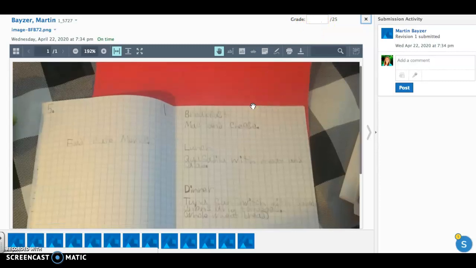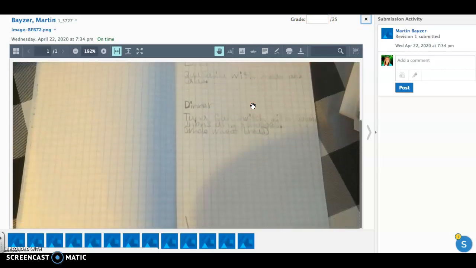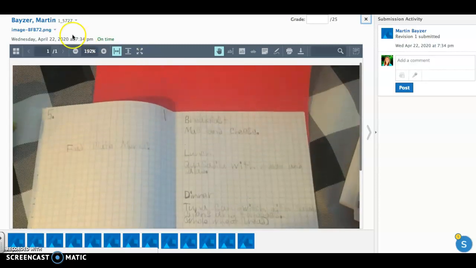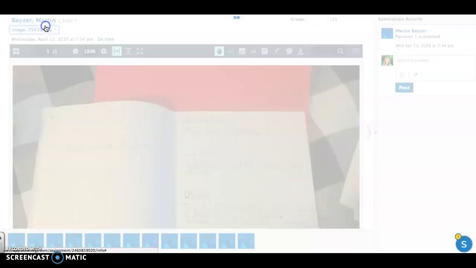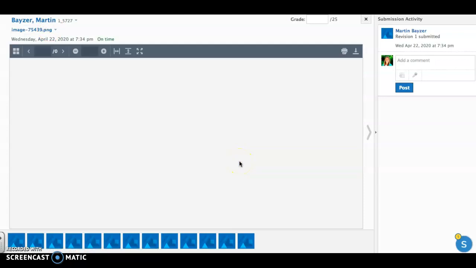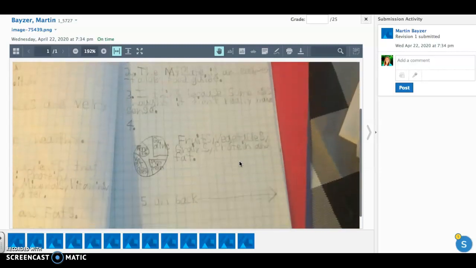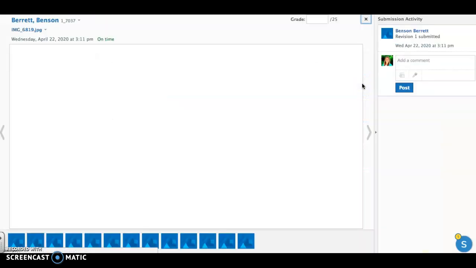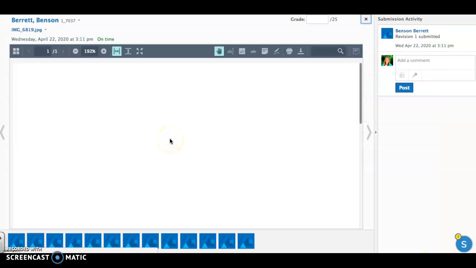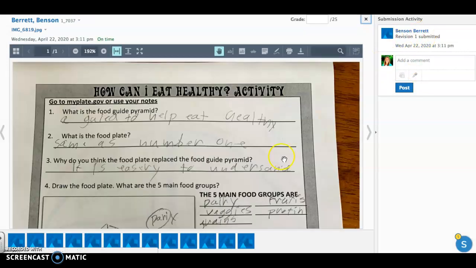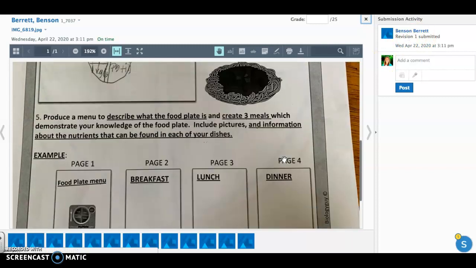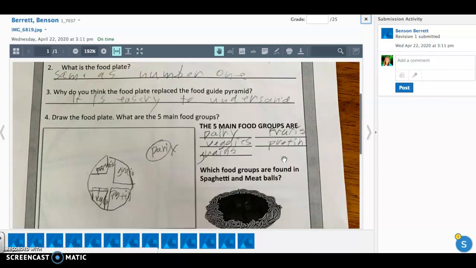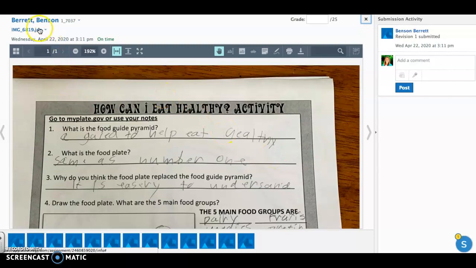I look at Martin's and I see this picture. I can download it. I can look at it a little bit bigger, whatever. If I click on this one right here, I can see, if it comes up and loads, his questions. So I can go in, I can download it, I can read it, I can look at Martin's stuff, and I can give him a grade. If I go here, Benson has turned in one thing, and I can see, oh, wow, he printed it. I can read it carefully. I can see everything. I could download it if I needed to, and I can grade it.